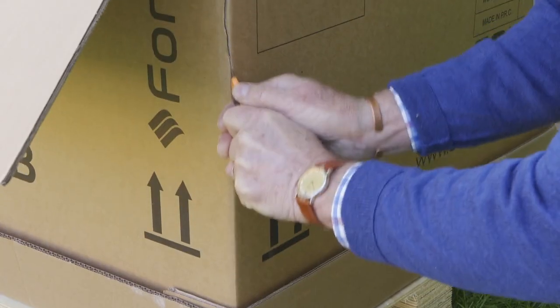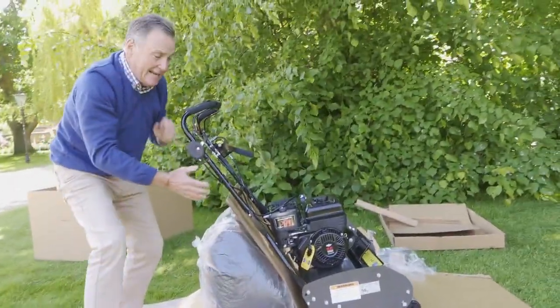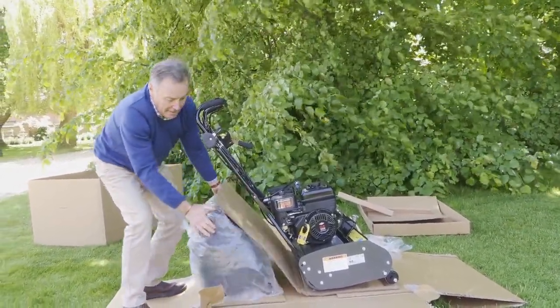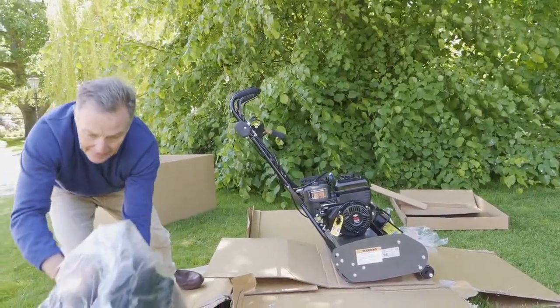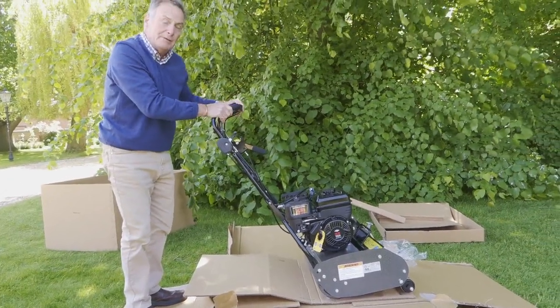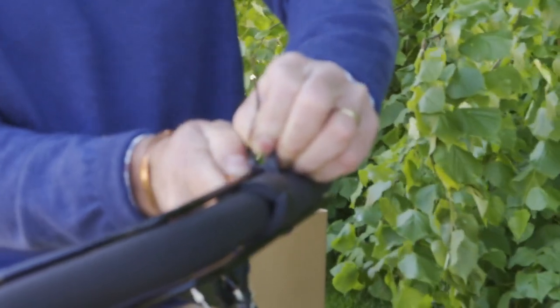Cut the sides, we can fold it down so we can now see the mower, and you can see now why we're doing this, because it is quite a big heavy machine. I'm just going to take off the grass collection box, like that, put that down there, and then we're going to wheel it off. But to be able to do that, we've got to cut this cable tie just here. This will enable us to then